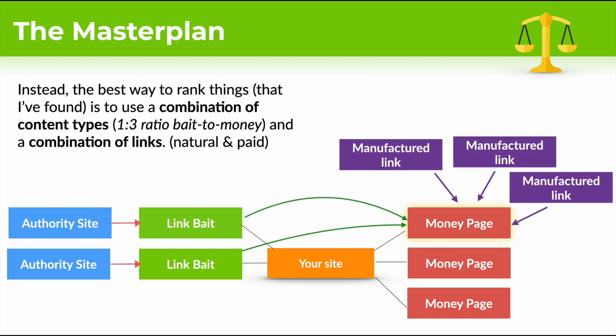So here's the master plan. What I found has worked the best is I build link bait, right? Link bait is amazing, gets you authority links. These are natural links that are coming in. And then for my money pages, if you need to spice it up a bit more, then you can get